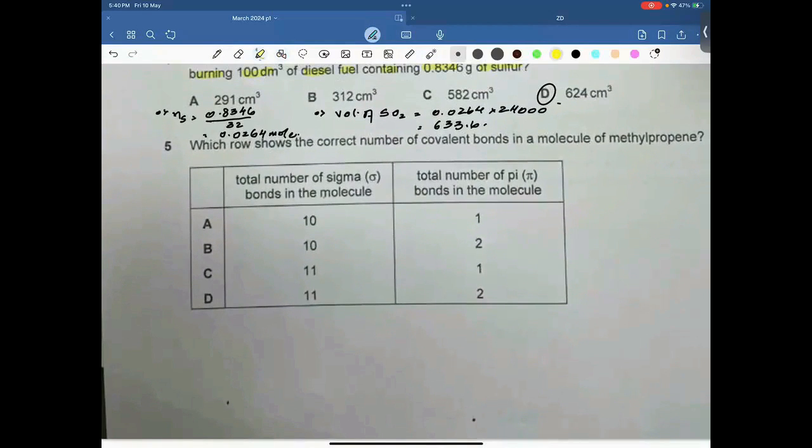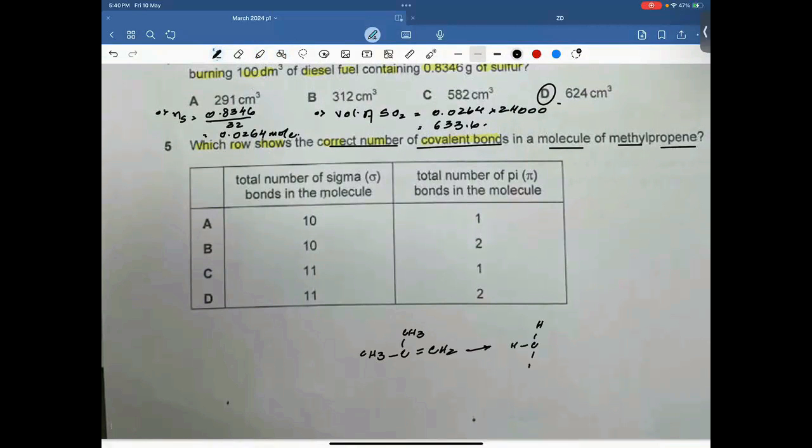Question number 5. Which row shows the correct number of covalent bonds in a molecule of methyl propene? Methyl propene is also called 2-methyl propene. Let me give you the structure of methyl propene. This is the structure of methyl propene, which is also called 2-methyl propene. Let me open it so that we'll get the covalent bonds. CH3, C, CH3, double bond,